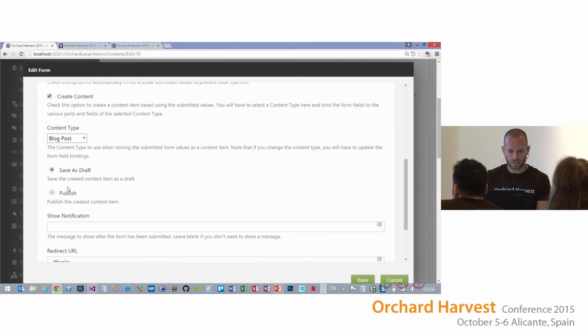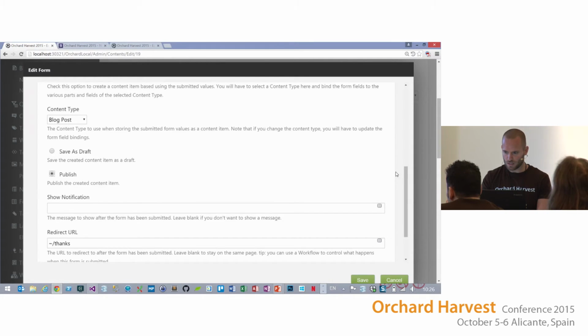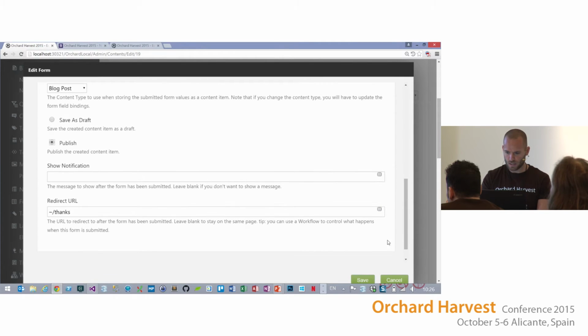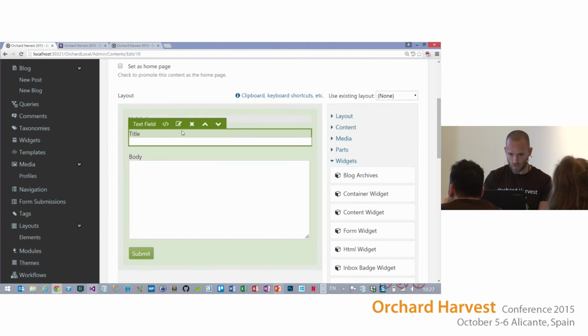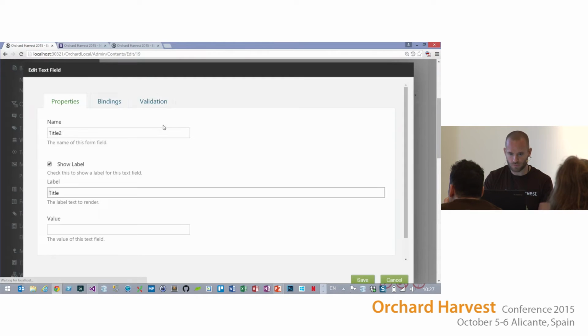But even with such requirements, you can provide a solution for that. What I chose to do as a solution is to create a custom activity which would dynamically assign a configurable block to the blog post being created on the fly. So what I just did, I configured the form to create content items of type blog post, and because of that, we can configure each field element